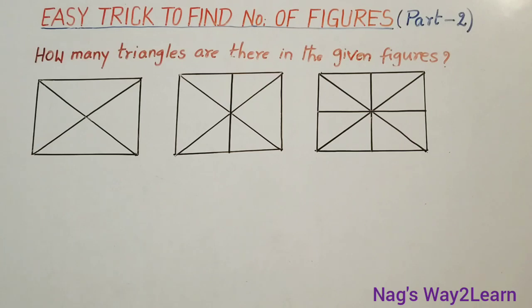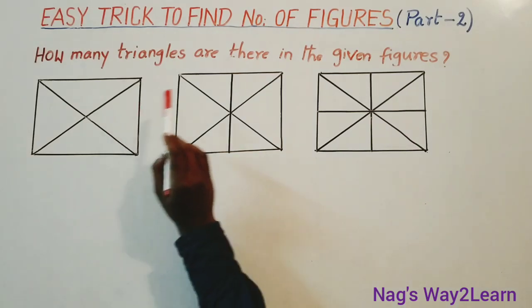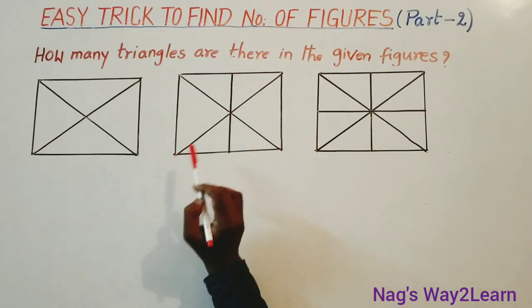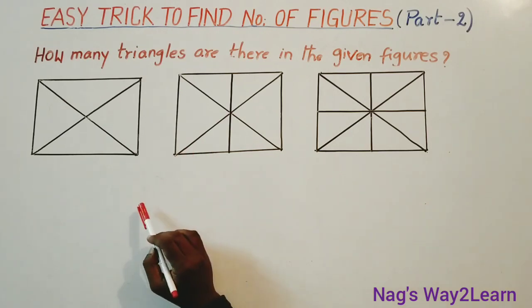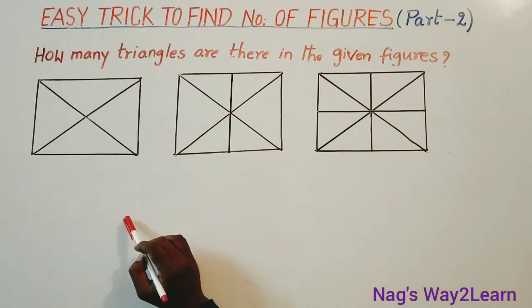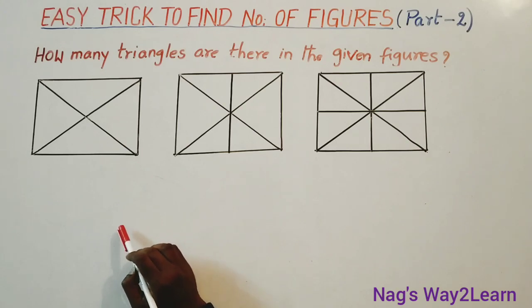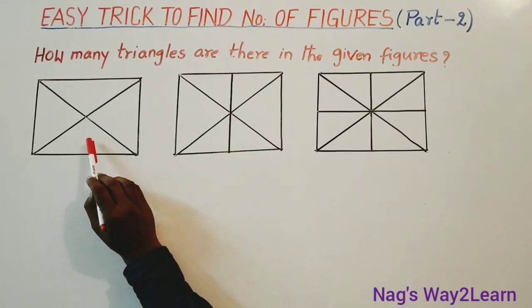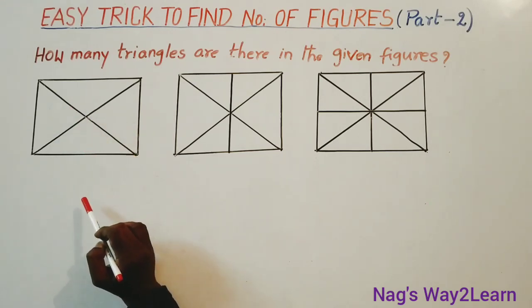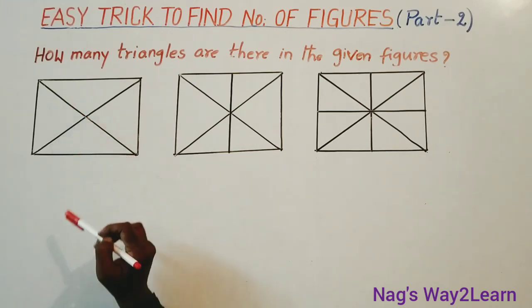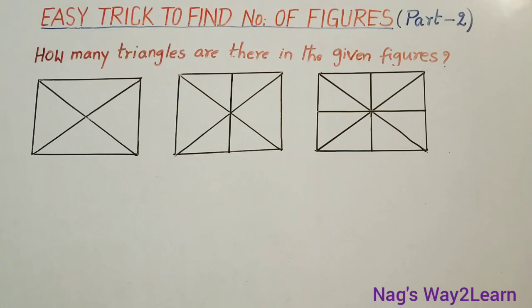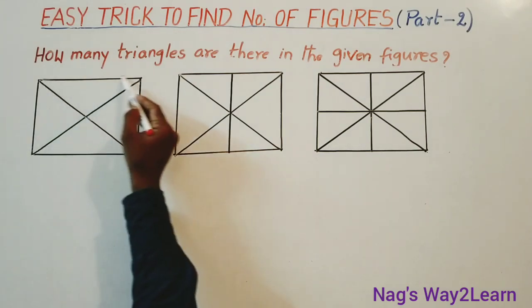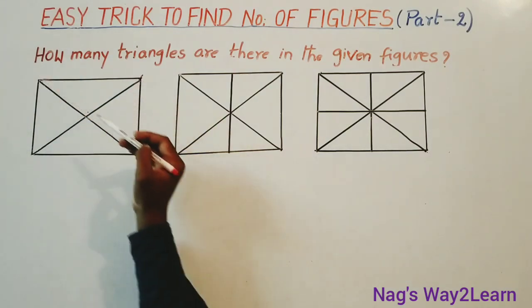Now let's start. How many triangles are there in the given figures? This kind of question is very common in SSC and RRB, so listen carefully. First of all, let us take this diagram. We need to find the number of triangles in this diagram. If you observe carefully, this is one triangle,